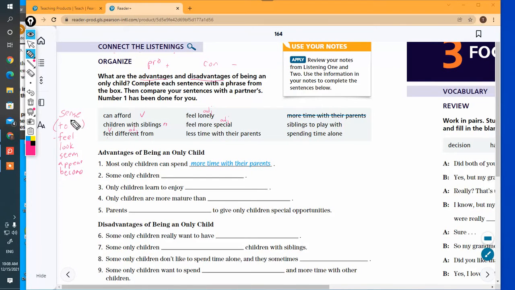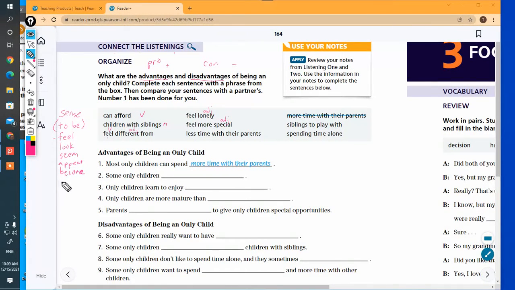So examples would be I am happy, you feel sad, she looks friendly, he seems angry, they appear upset or sad,